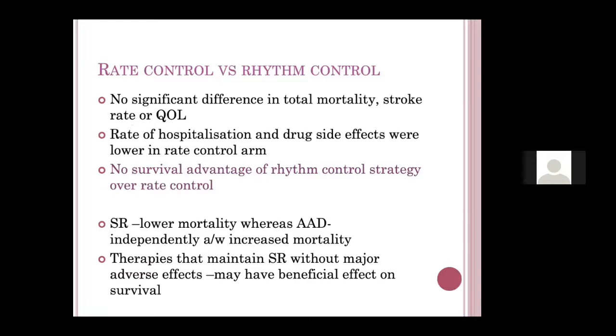Rhythm control has its own benefit. If the patient is too symptomatic, then you should ideally have rhythm control. If the patient has a stroke, then you should do rhythm control. Whereas if the patient has AF for longer than 1 year and the LA size is very big, more than 55 millimeters, then there is no benefit of rhythm control. So rate control at present is as good as rhythm control, and there is no survival advantage of rhythm control over rate control.